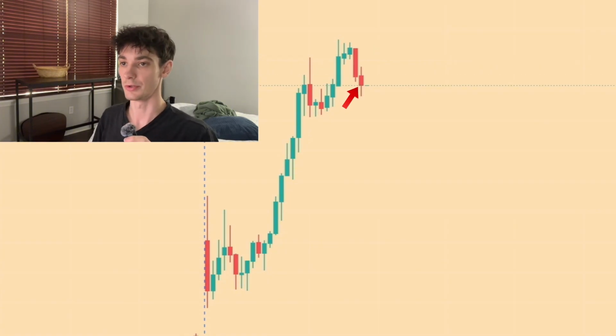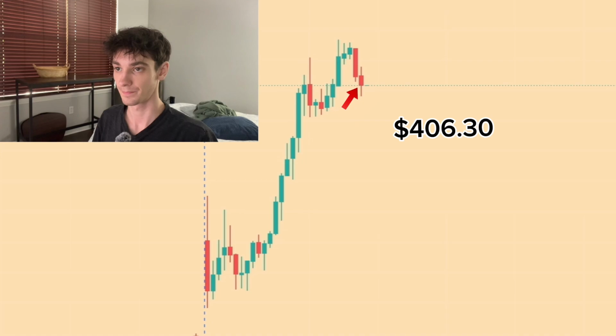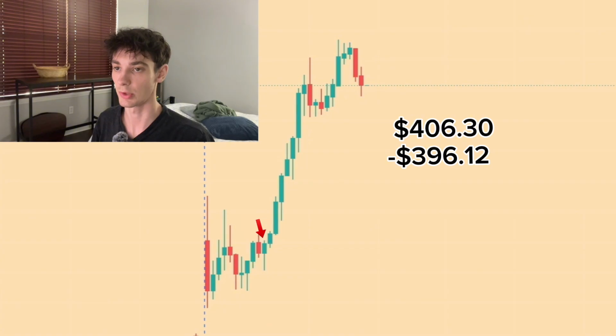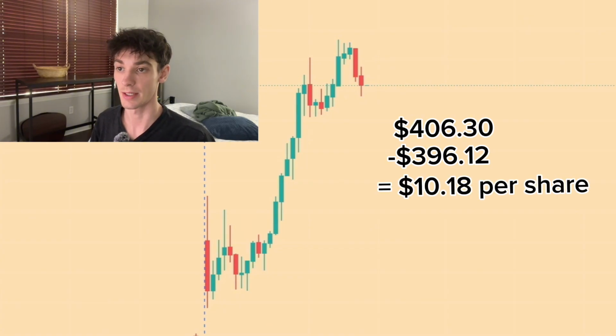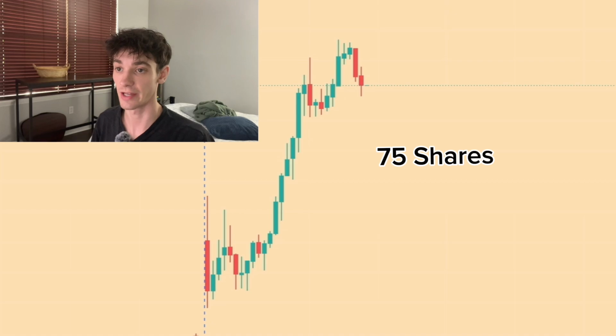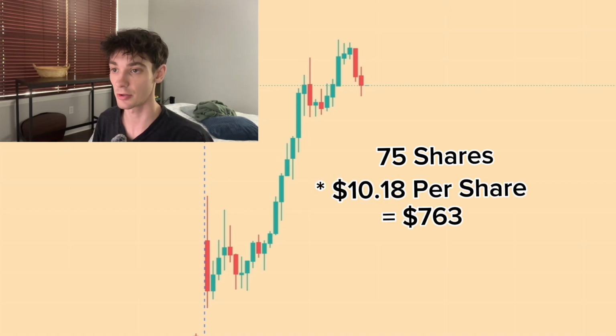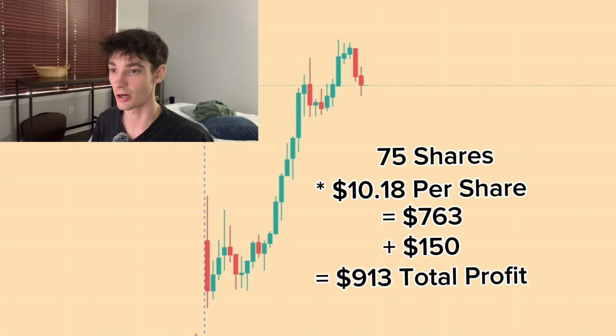The final candle closes at 406.30. So now I calculate the rest of my profit. 406.30 minus my entry at 396.12 gives me $10.18 per share. I still have 75 shares left, so 75 times 10.18 gives me about $763. Add that to the $150 I locked in earlier, and the trade comes out to roughly $913, all while risking